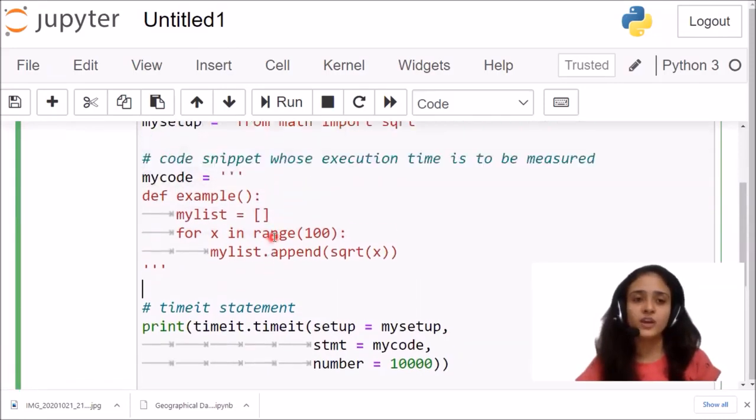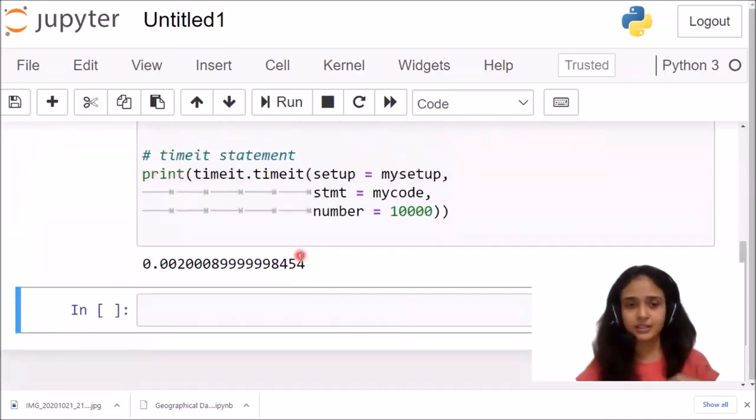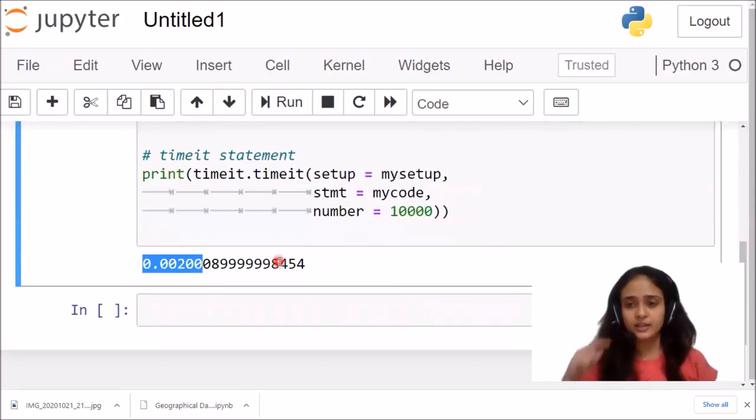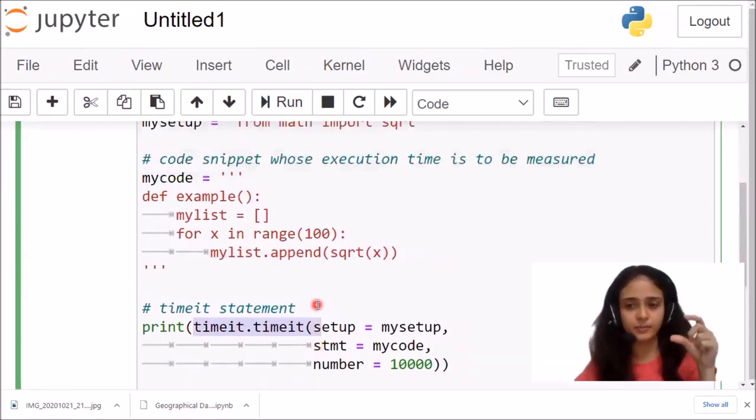It means when I run this particular cell, the processing time of this cell is measured. So what is the processing time? How long it takes is written in terms of seconds by this timeit function. Again, this function is very useful for small code snippets only.